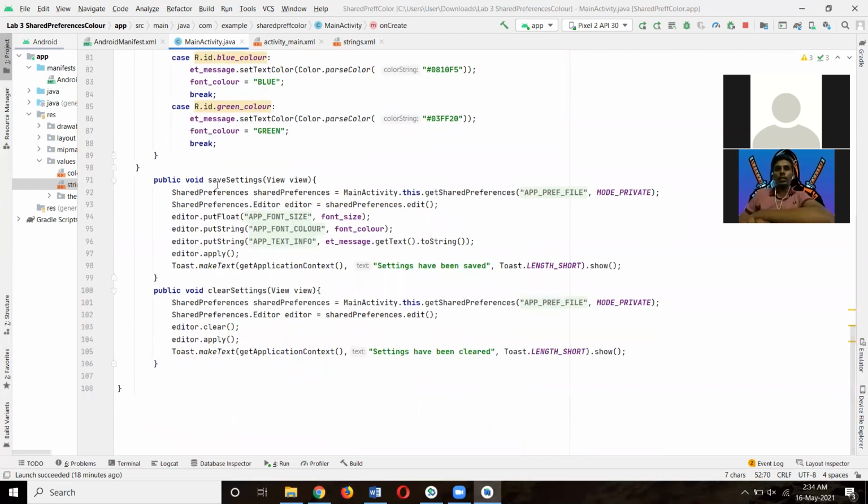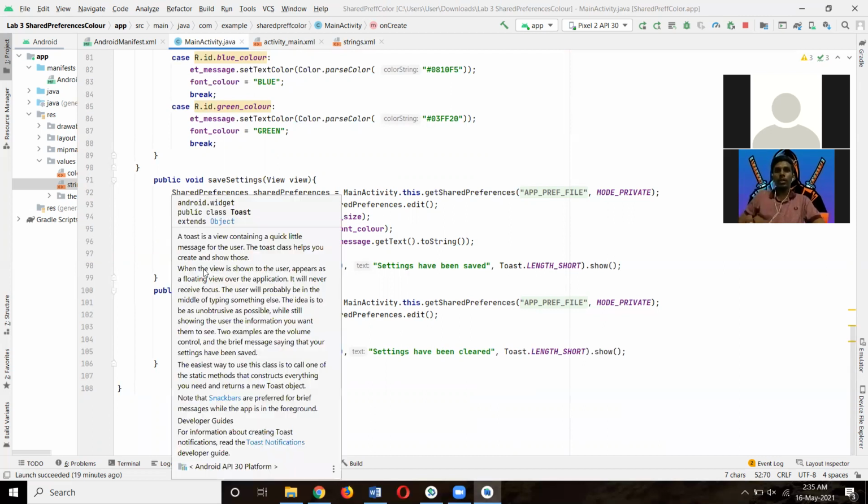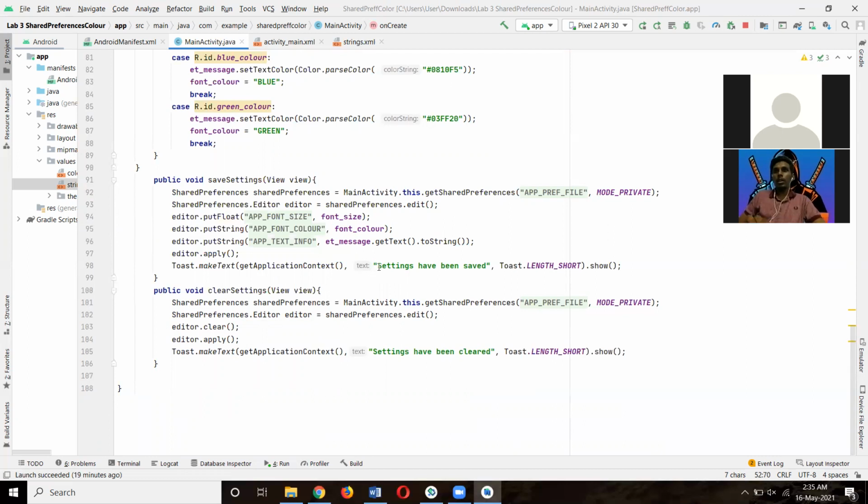This is the code for the Save Settings button. If the user clicks on Save Settings, it will save the setting color into the app. This is the code for all the settings, and there will be a toast at the bottom of the app saying the settings have been saved.